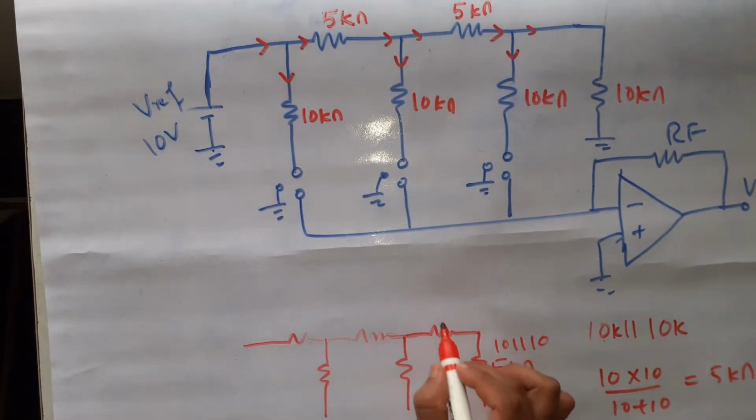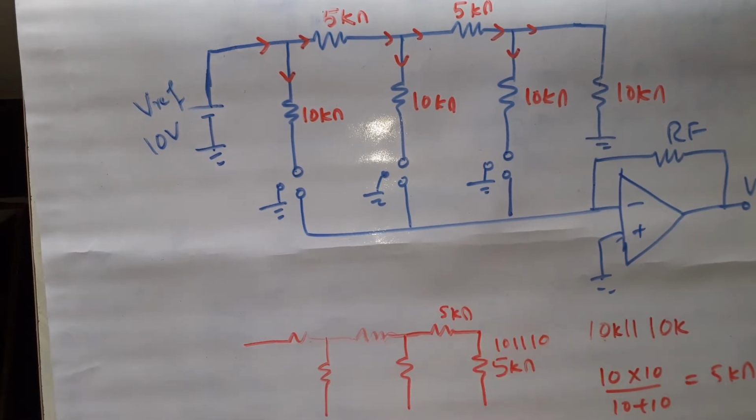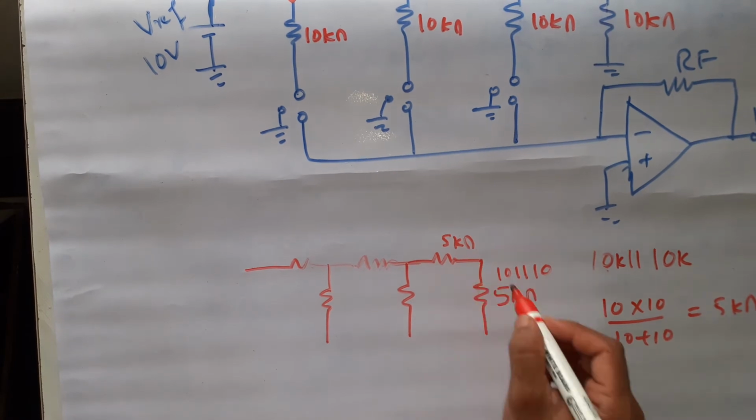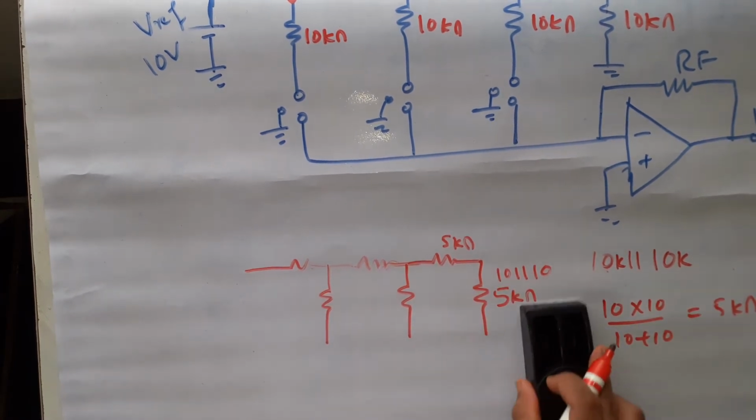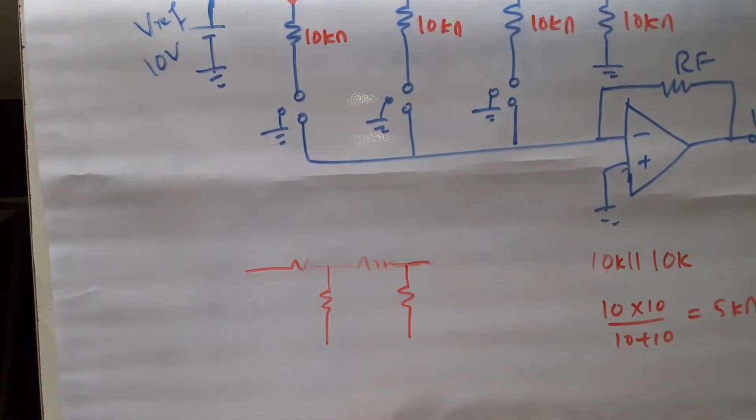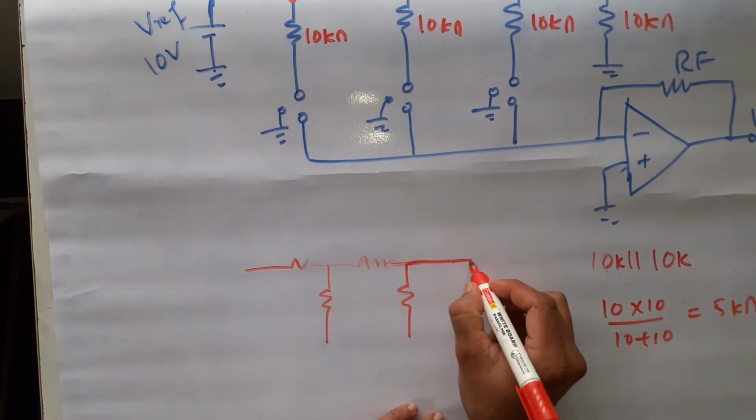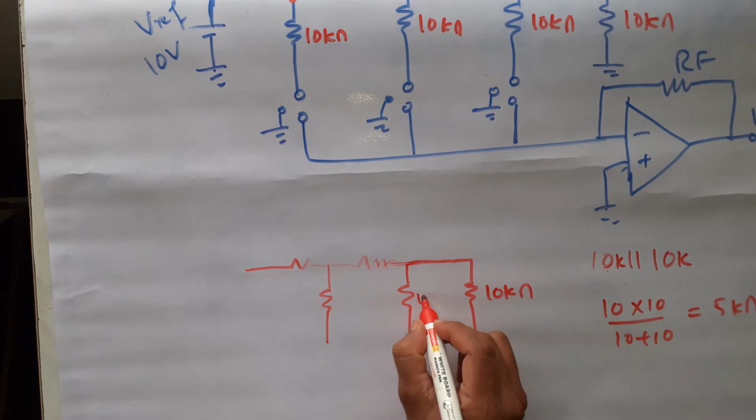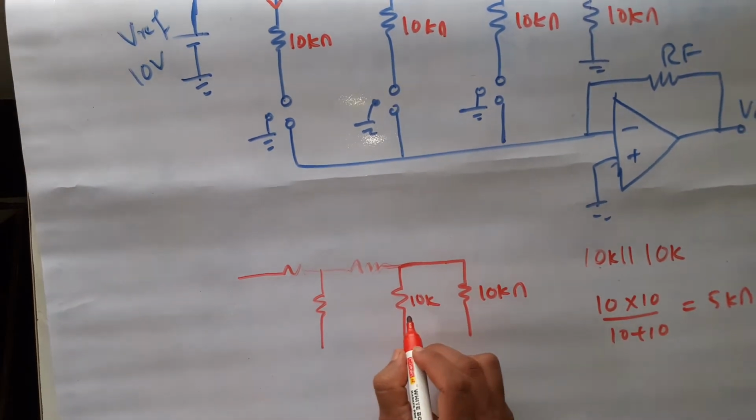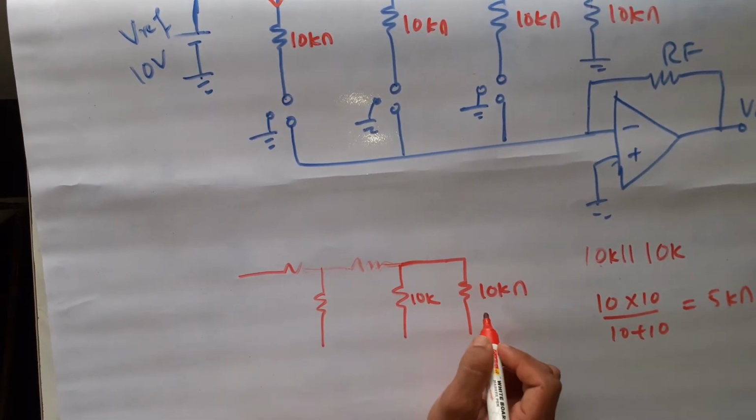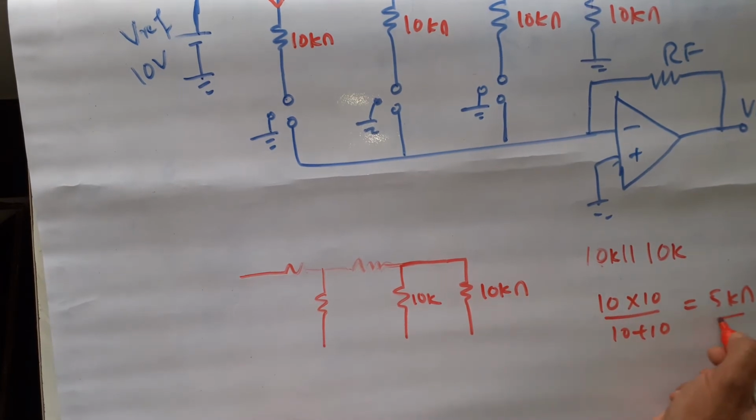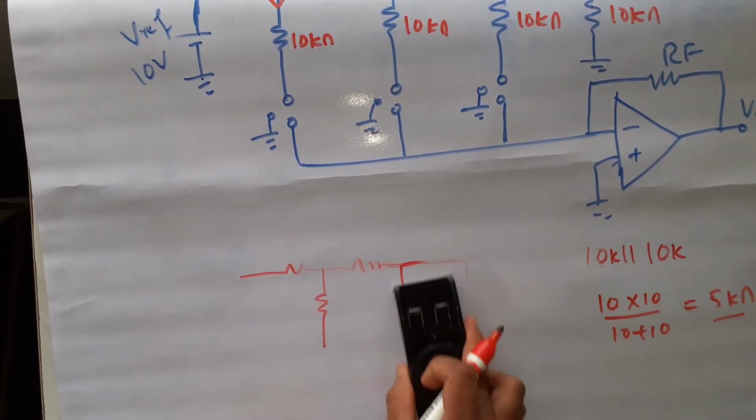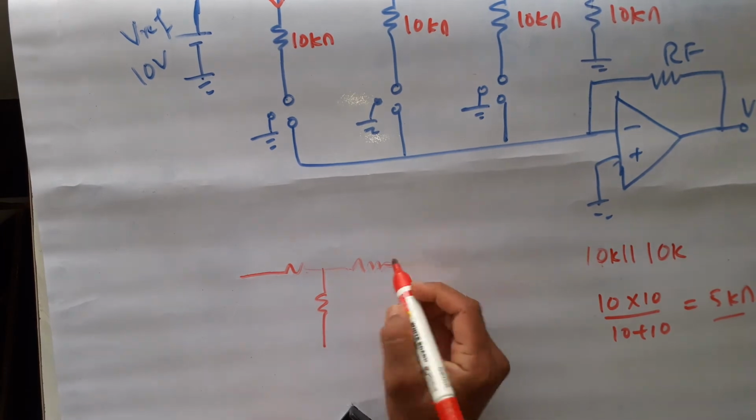Now this and this is of 5k, right? 5k plus 5k comes in series, so I can simplify this. In series they simply get added. 5 plus 5, 10 kilo ohm. Here you already have 10 kilo ohm. Again 10k comes in parallel. 10k if it is parallel, you will get 5 kilo ohm, right? So I can have only one resistor here